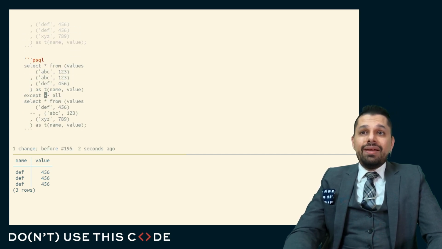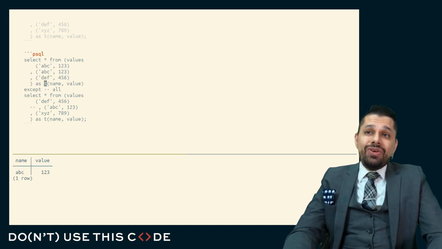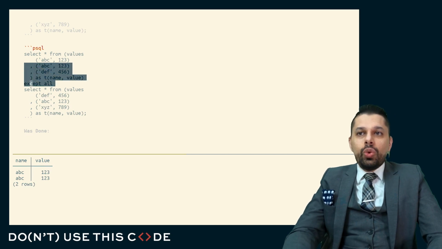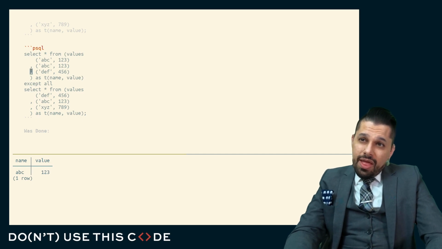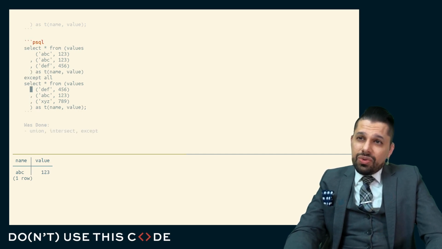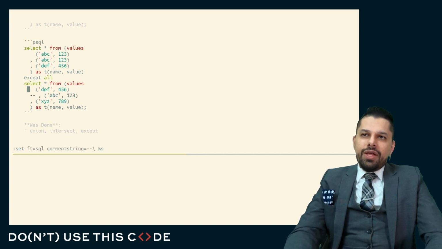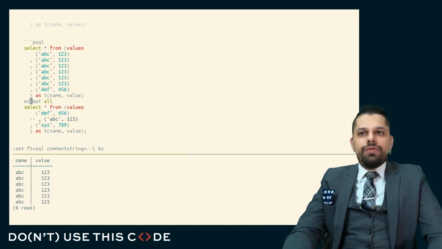I can do an except. And so this takes all of the tuples here minus the tuples here. And you can think, well, the all is going to do sort of what you think it would do for the intersect if there are duplicates within these. What the except all does is it gives you the maximum number of the duplicates that you see after performing the subtraction. And so here, this value, let's remove this value here. This value should exist after the subtraction,